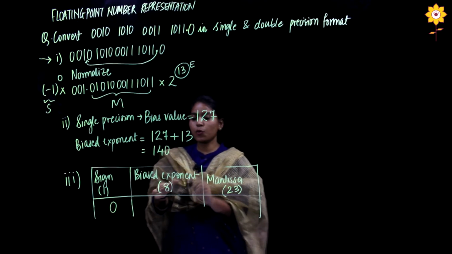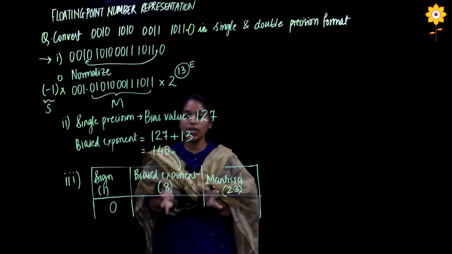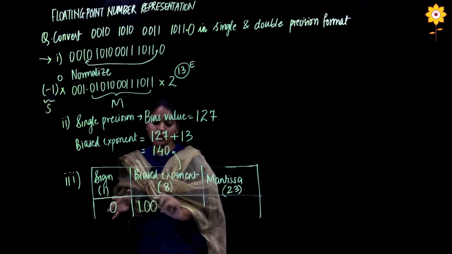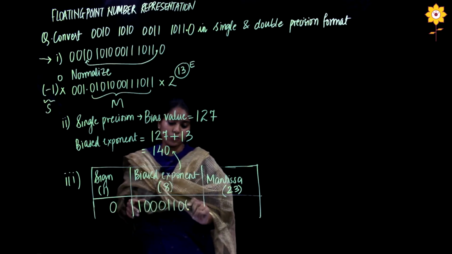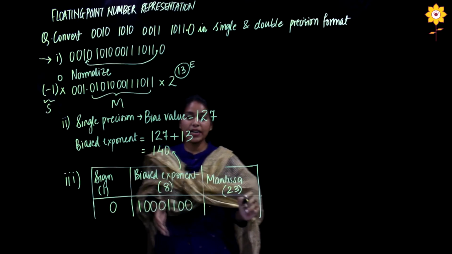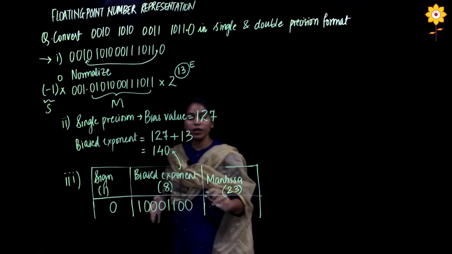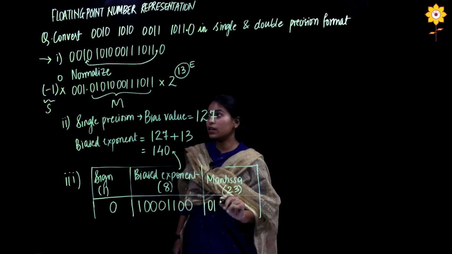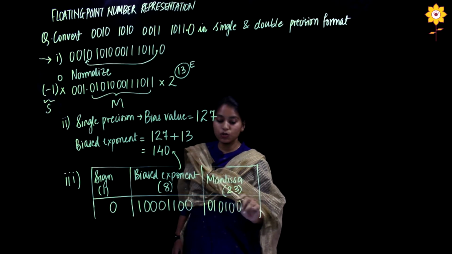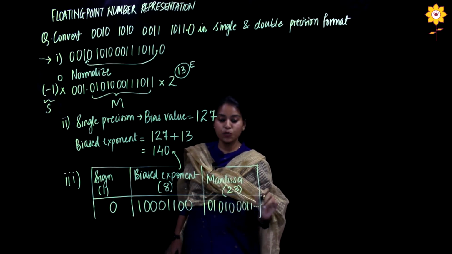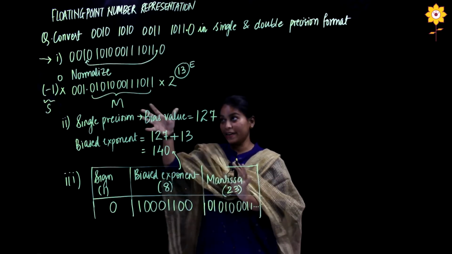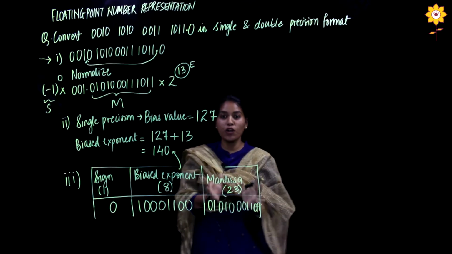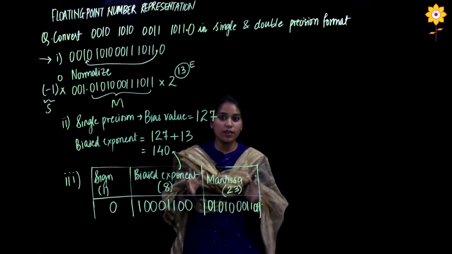Then what is our biased exponent? Biased exponent is 140. So binary equivalent of 140 is 10001100, and then we will write our mantissa. Now mantissa is over here. Whatever is after the decimal point is your mantissa. So we have 0, 1, 0, 1, 0, 0, 0 and so on. Just put few dots after the number. You have to write the entire thing and then you have to place few dots because this is a total of 23 bits. If you see, these are not 23 bits.